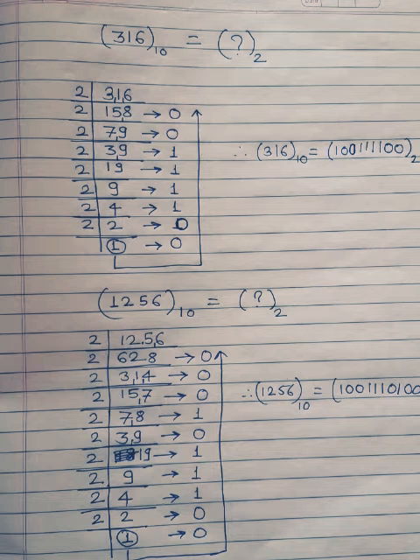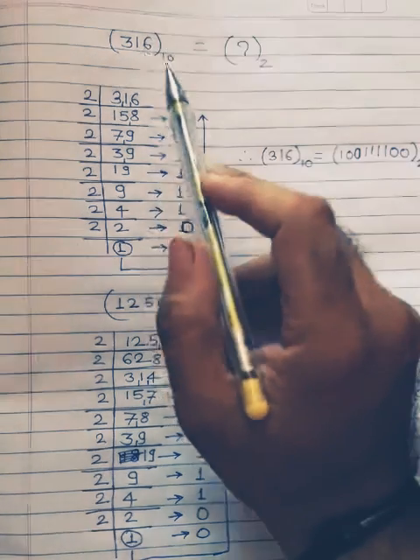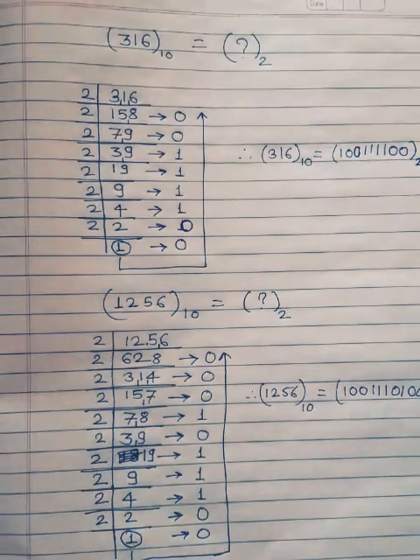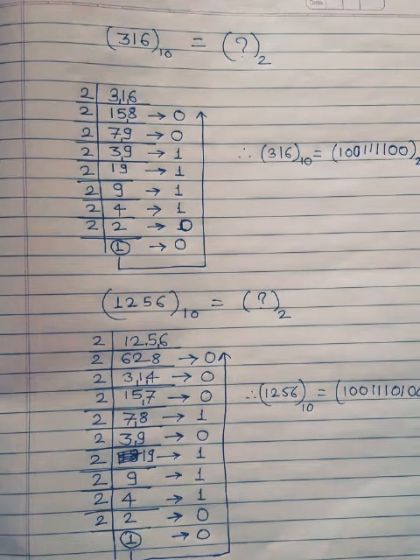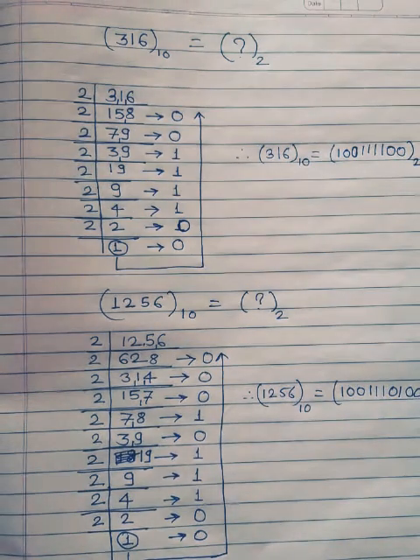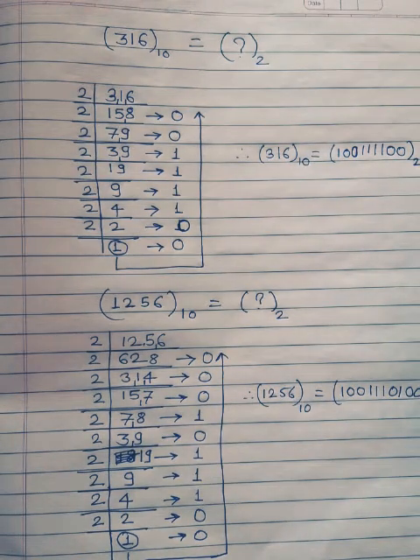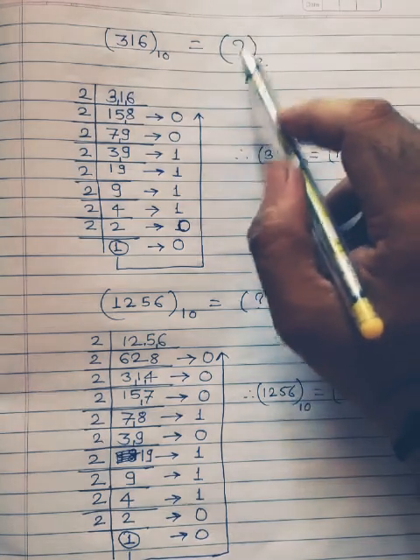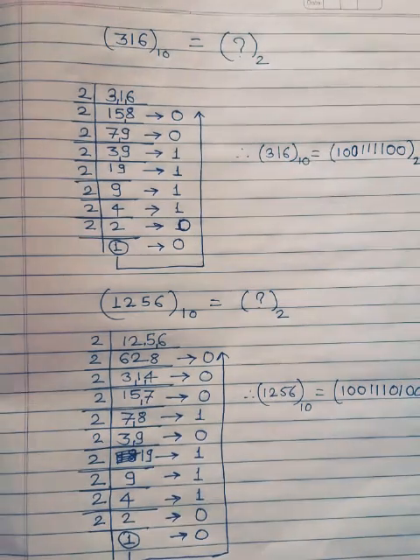Dear students, now let us revise two examples of converting decimal numbers into binary numbers. First of all, let us see how a decimal number looks. See 316. These digits range from 0 to 9 and also at the bottom I have written 10. It means that the number is a decimal number. What we have to do? We have to convert the number into the binary system.